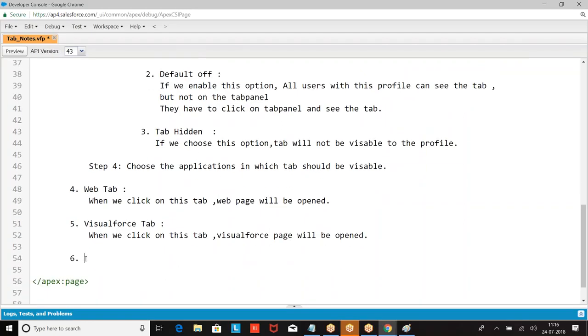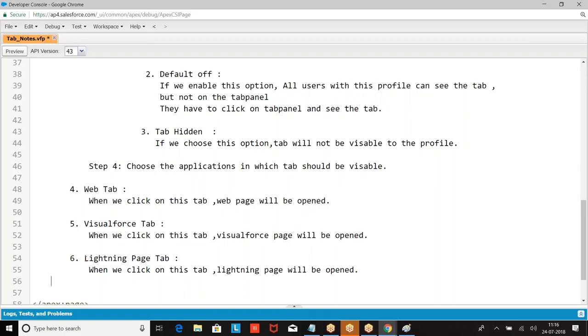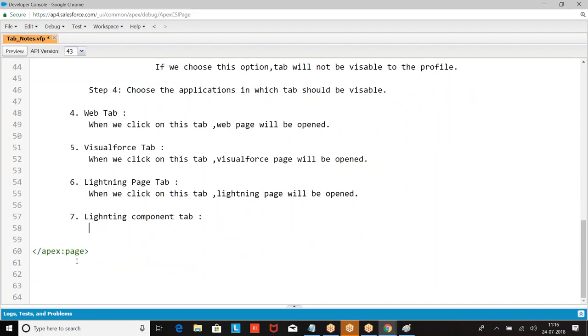Then we have Lightning page tab. When we click on this tab, a Lightning page will be open. Then the Lightning component tab. When we click on this tab, a Lightning component will be open.